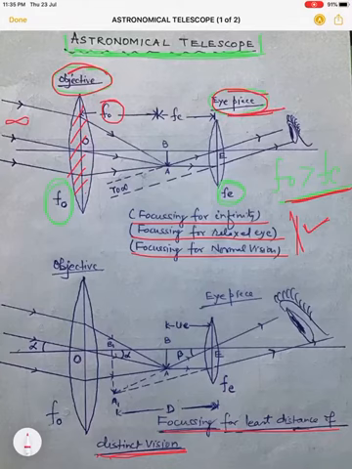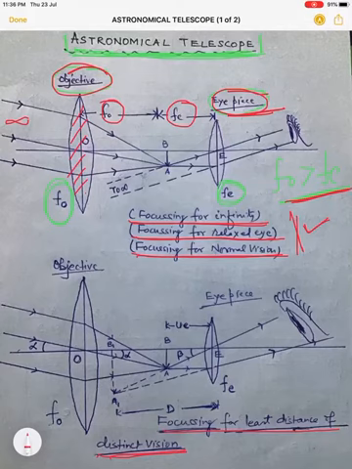If the eyepiece is adjusted in such a way that this AB falls on the focal plane of the eyepiece also, then the final image is at infinity. When the final image is made at infinity, once again the focusing is called focusing for infinity, or focusing for relaxed eye, or focusing for normal vision. So this is the image formation for the first type of adjustment.